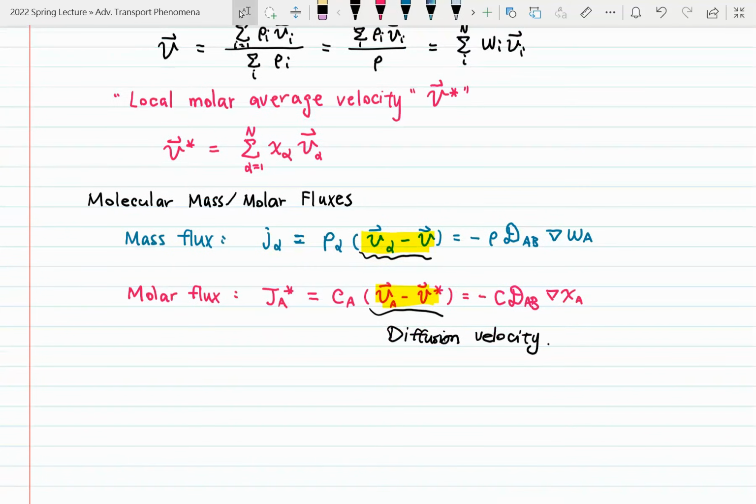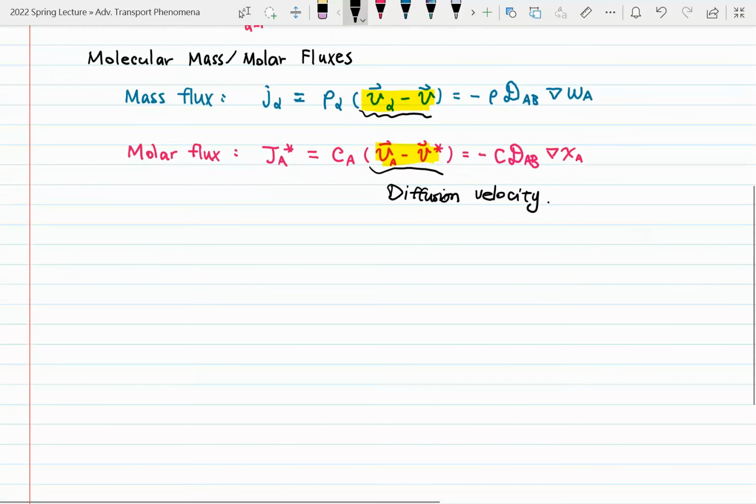Okay, with that introduced, let's come to our main topic of the day, which is convective mass and molar fluxes. So, coming back to convective mass and molar flux,